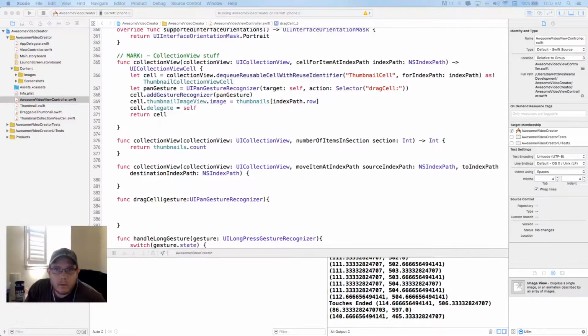Okay, so let me look and see what stuff we have available with the UI pan gesture recognizer. So panning gesture is continuous, it begins, UI gesture recognizer state begin, state changed and state ended. Okay, cool. So we can have a switch just like we have in the